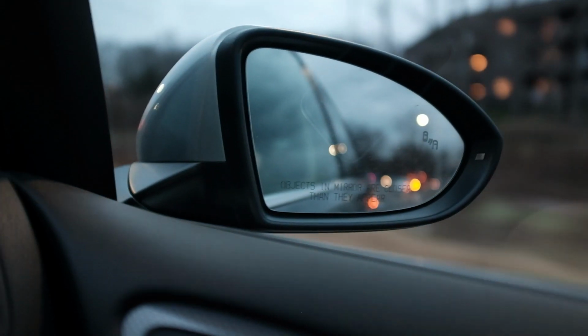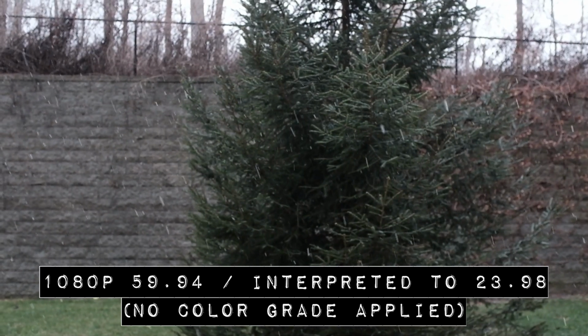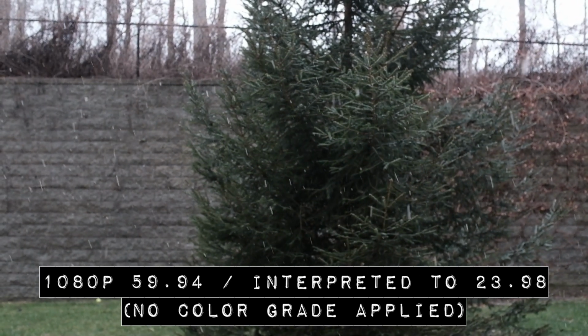The video works, but it's nothing to write home about. If you're walking around and randomly happen to see Matthew McConaughey robbing a Taco Bell, he'll probably be on his way with all the money in Baja Blast by the time you switch from photo to video mode on this camera. But still, you're getting 1080p, you're getting 60 frames per second, you're getting good colors, and you're getting the Fujifilm simulations. It's everything you'd expect from a modern Fuji camera, but it's just not really in the right form